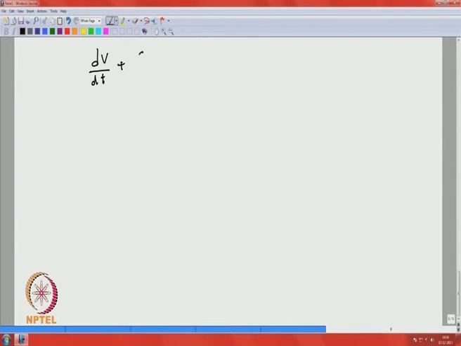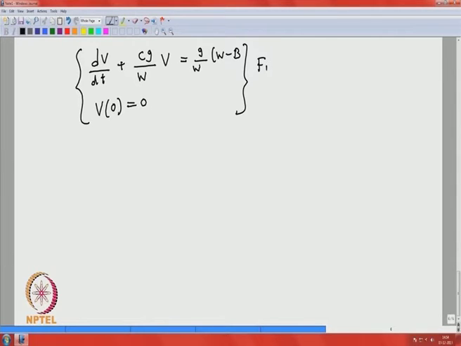dV by dt plus Cg by W into V is equal to g by W minus B, and the velocity you are just dropping it. So, the initial velocity is 0, at time t equal to 0 the velocity is equal to 0. So, you see this is a first order